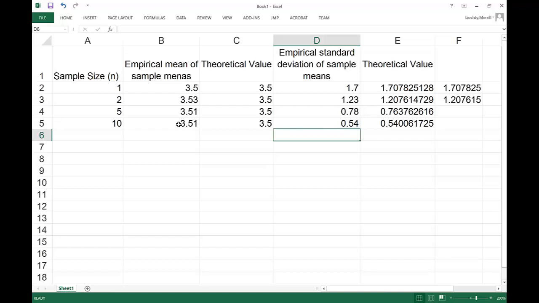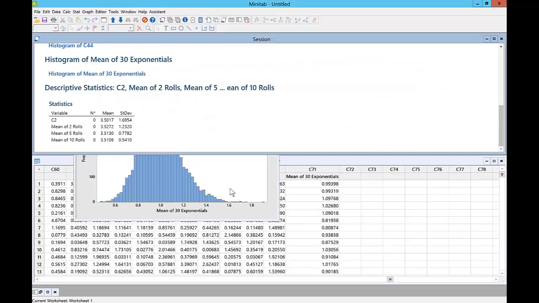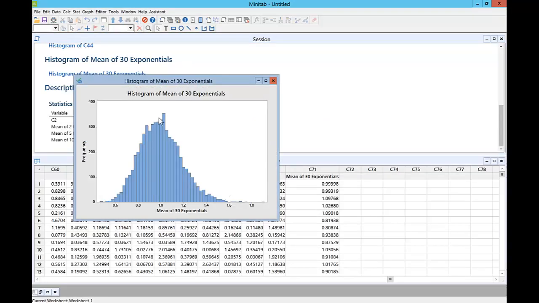But this is basically what's going on with the central limit theorem. The bigger your sample size, the closer you have something to the normal distribution. We saw the shapes of these things, and this is a really important result that forms the basis